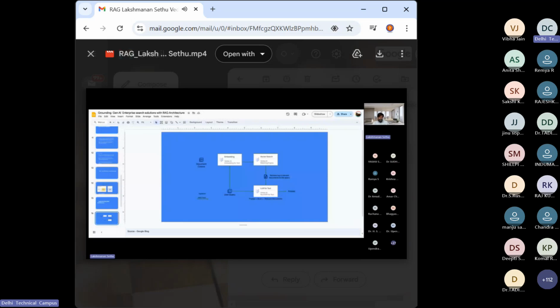So vertex search is nothing but a database. We call it a vector database, right? Which stores the embeddings, where you can run your search query on top of it so that it tries to retrieve the right, accurate, and specific results,